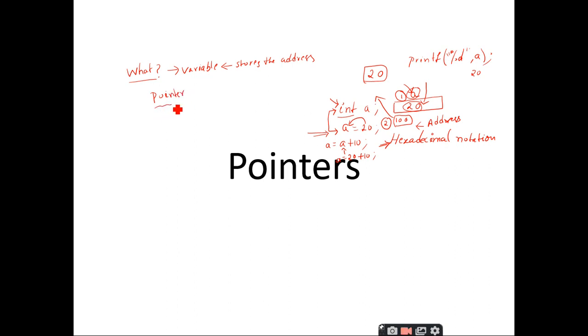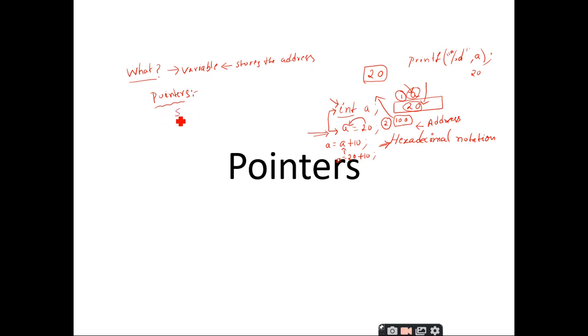As the definition says, pointers are variables which store the address of another variable. So in order to store this address, I have to declare a pointer variable, right?